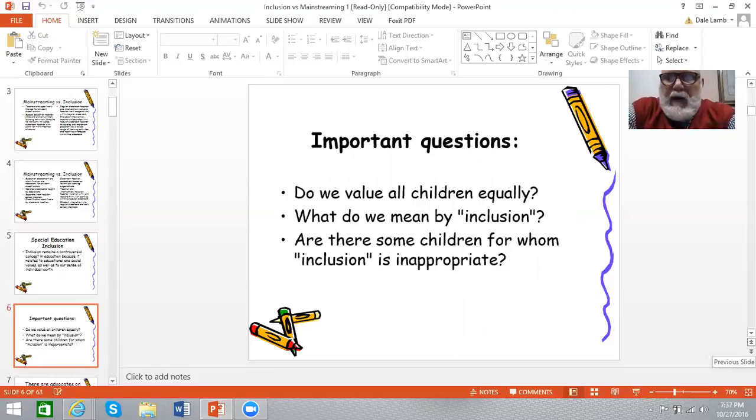I'm not sure that we've adopted the inclusion model because we think it's better for kids. In this last round of going to inclusion, the reason why we've adopted it in this state, in North Carolina, is because it's cheaper. It requires 30% less personnel. That's why we've gone more inclusion rather than what they call mainstream, what we used to call EC classrooms, because teachers can see more kids this way, and it takes fewer teachers.